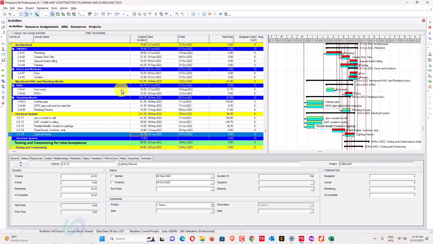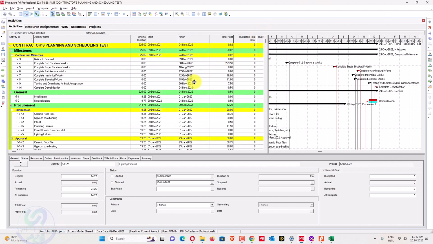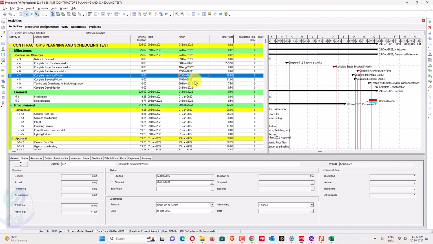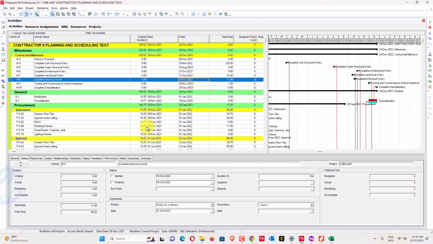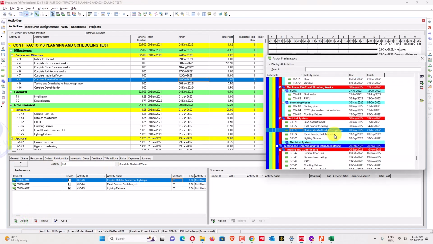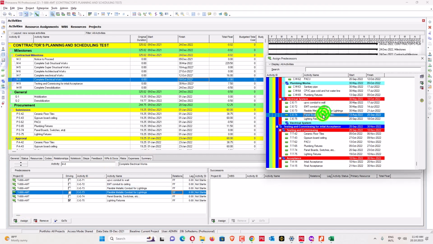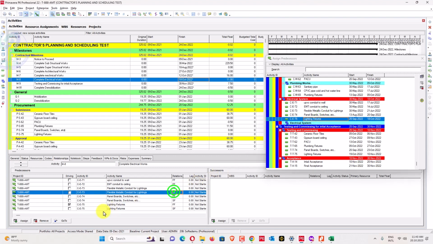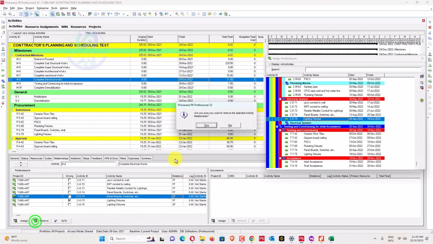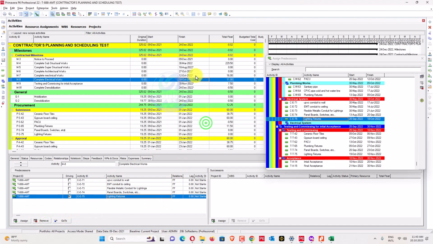And what about PACU? Okay, these activities both are finishing on 27 of October. This one is complete of electrical work. Like attach some more relationship here, assign some more relationship here. Okay, add all electrical systems here. So this one is flexible, remove this one, remove, so we may get the exact float here.